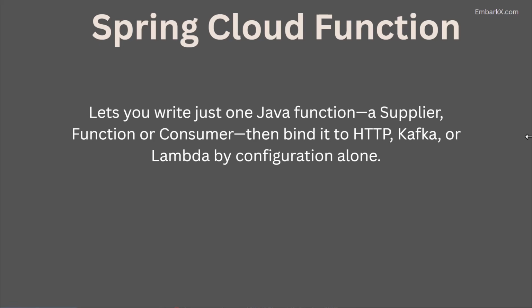So with Spring Cloud Function, what happens is you just create one Java function like a supplier or a function or a consumer, and you write the logic within it, and you make use of this Spring Cloud based project. And what this will do is it will expose it over HTTP or Kafka or Lambda just by configuration. So you have to do some sort of configuration in the application properties or YAML file, and then the API